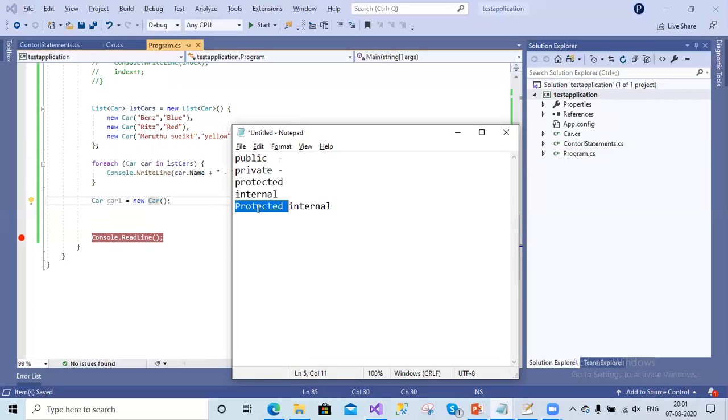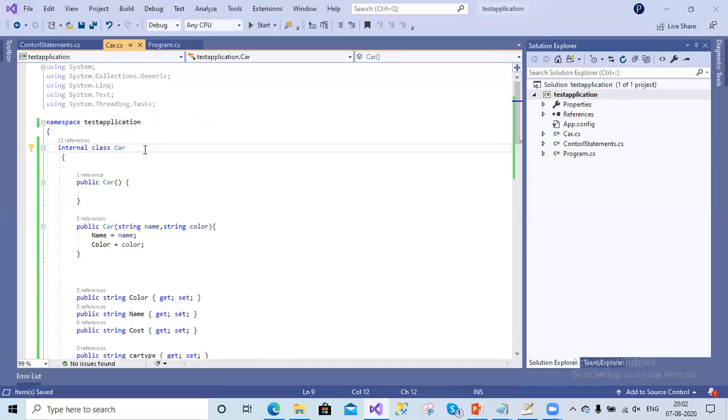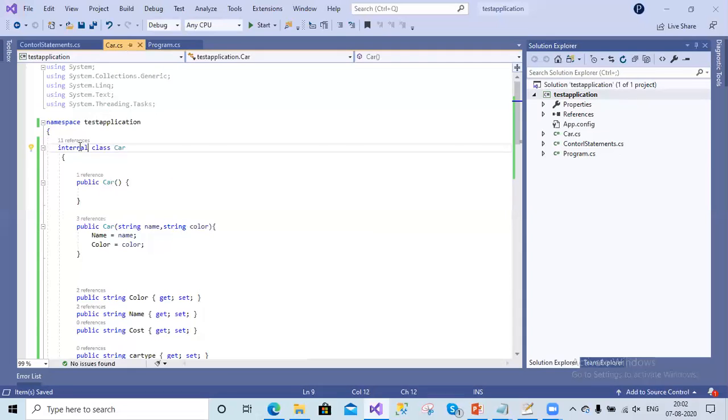And we have one more special type called protected internal. So these both will be combined together. If I want this car to be exposed only within this project, and also be applicable only for its children, then before internal, we can provide protected internal.